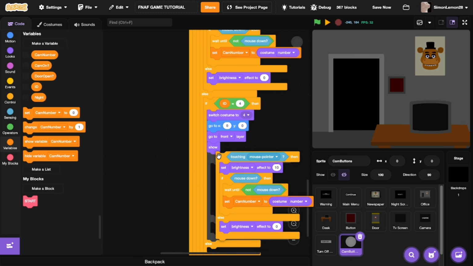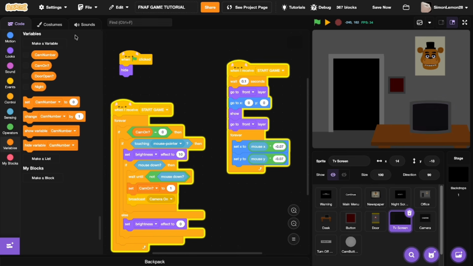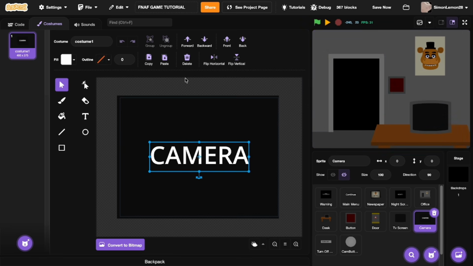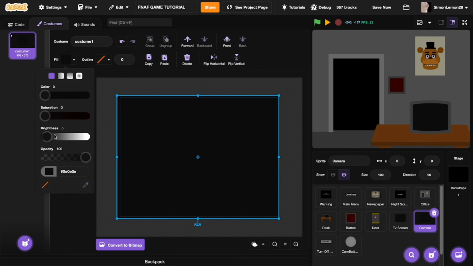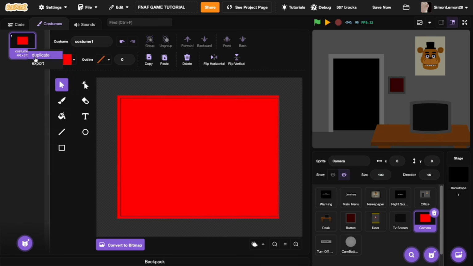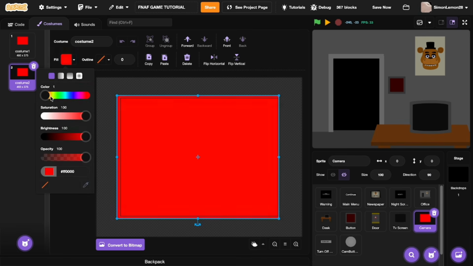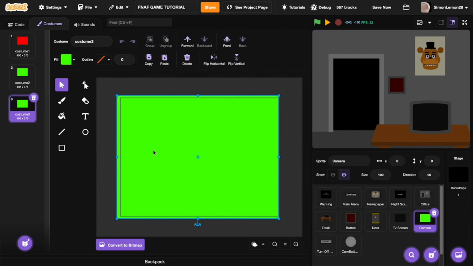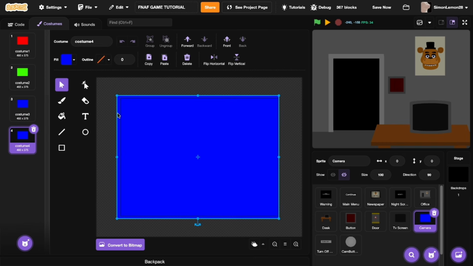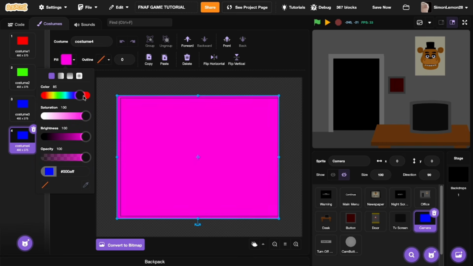And over here. Nice. So in order to make sure that it is actually working, we're just gonna make this like different colors. If you'll see what I mean by that. So for example, this could be red, this could be a kitchen, I don't know. This will be green, this will be blue. Of course, I'm gonna make the cameras later, but right now I just want to show you guys how to